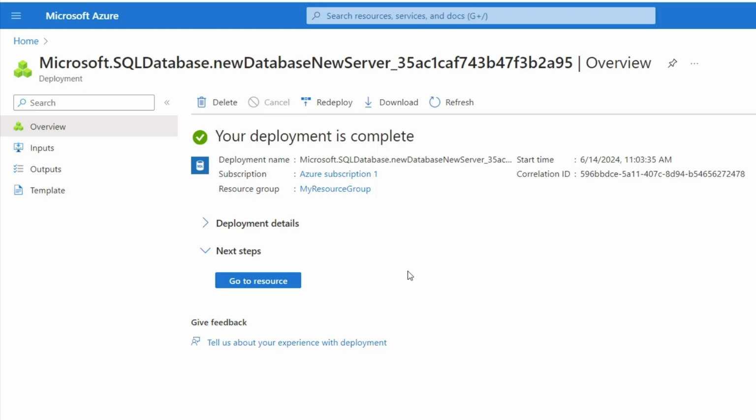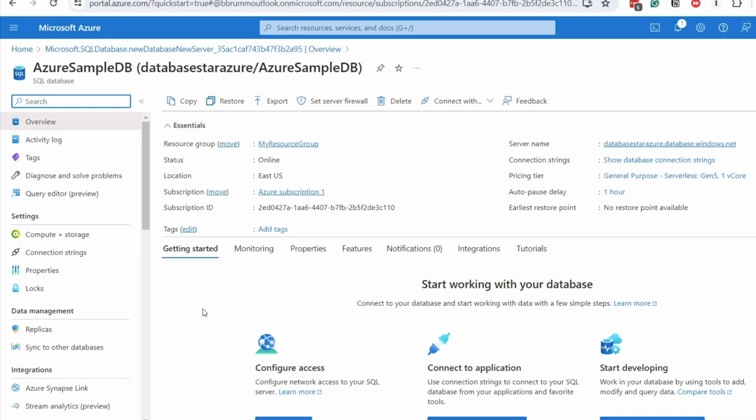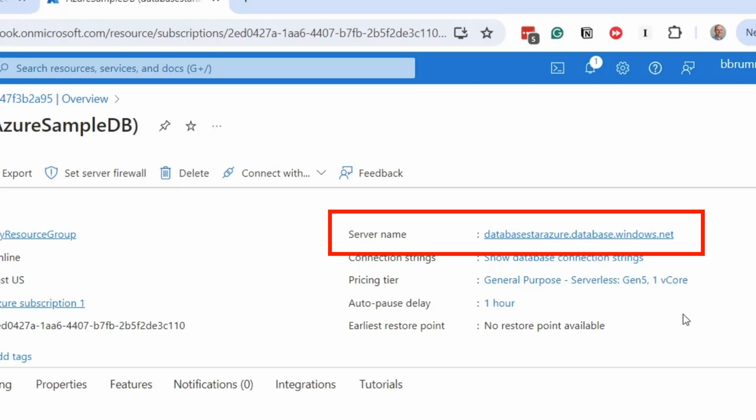To do this, we need to know the connection details for the server. We can find these in Azure Portal. You can search for SQL databases like we did earlier in the video to find the new database at any time. Or we can click on the Go to Resource button here. We can see an overview page which has the details for our connection. Now let's open SSMS. In the server name, we put the value from the overview page on Azure, which for me was